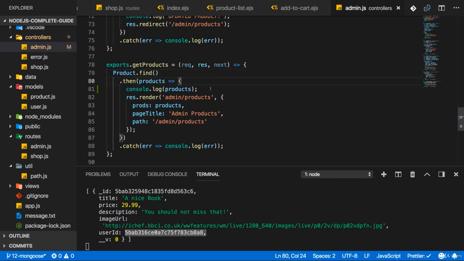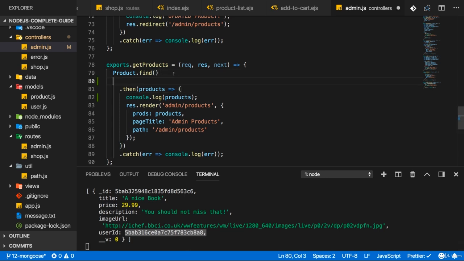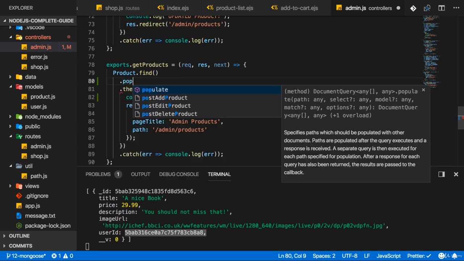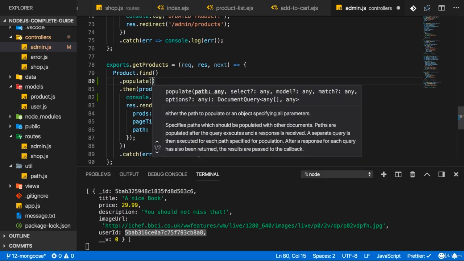Here inside the then, where we got the products, we could loop through the products and then write queries where we get the users with find by ID with the IDs that we have received. But this is a bit cumbersome. Mongoose has a useful utility method which we can add after find, and that is populate. Populate allows you to tell Mongoose to populate a certain field with all the detailed information and not just the